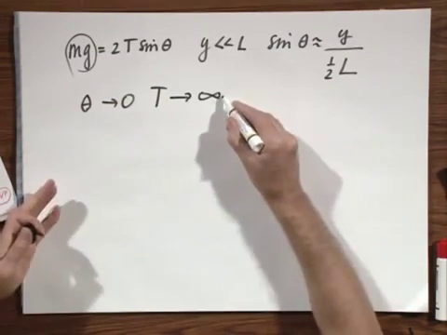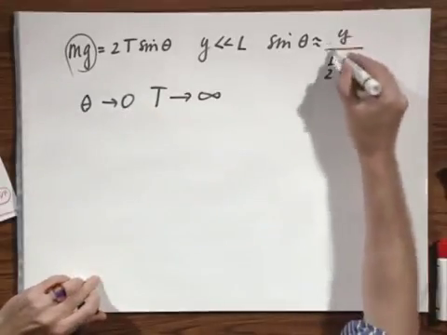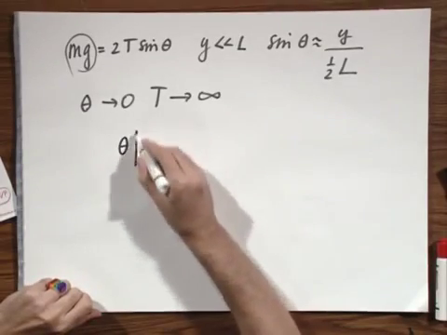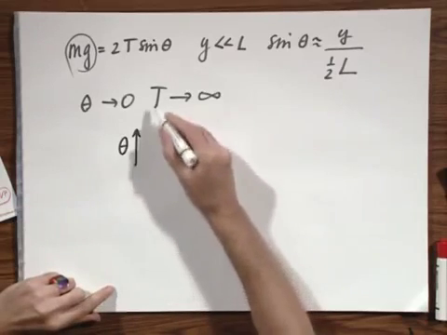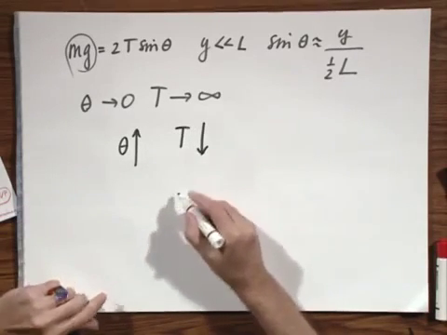Well, this of course is impossible. It would mean that theta is 0, that y is 0. And y is 0 would mean there is no sag, that the rope would be exactly horizontal. And you know from experience, although you may not be a tightrope walker, that because of gravity, when anything pushes down on a rope, the rope has to sag a little. So theta equals 0 is just impossible. And you also notice that when theta becomes larger, if you give it more sag, the tension T will become smaller,